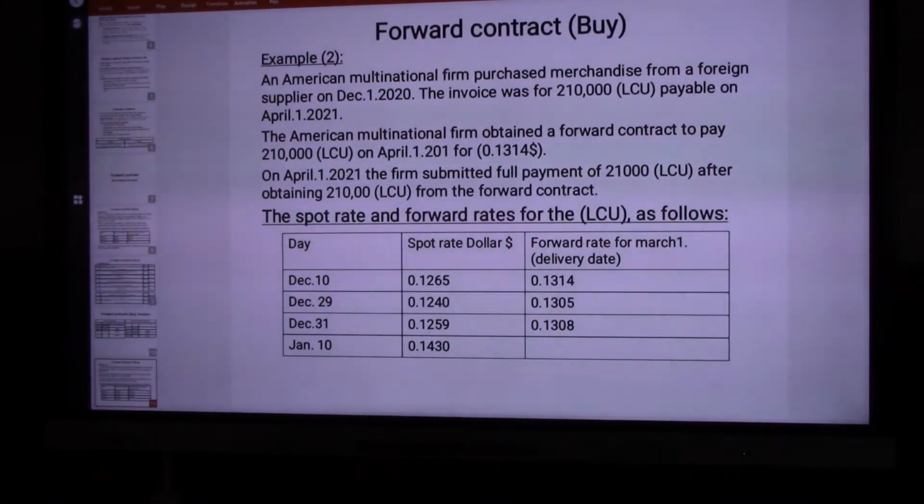On April 1st, firm submitted a full payment of the 210,000 after obtaining the amount from the forward contract. نفس الكلام، أنا ههتم بكام؟ I will be only concerned with 3 important dates. Dates of providing or purchase, date of financial statement, and date of actual payment. ههتم بديسمبر 10 December 31 وتحت خالص نعتبرها ابريل وجون. اوكي؟